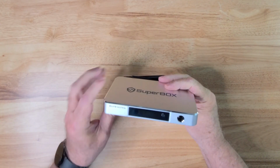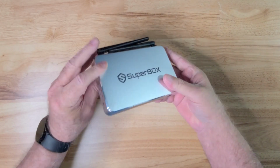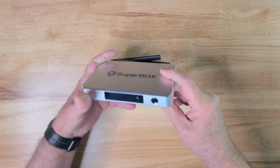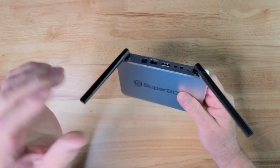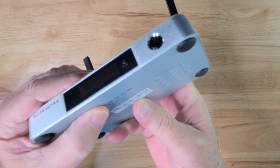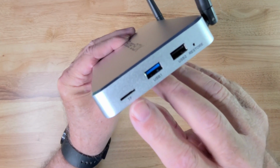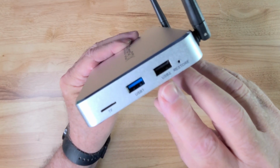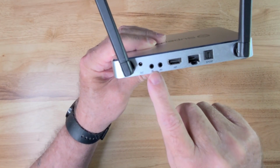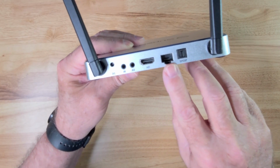It looks and feels like an aluminum case, and up front has a clock LED and a power button. The box does feel okay and has a lot of air holes to help with cooling, so that's nice. It comes with the same old non-removable antennas, so I guess you won't lose them. The bottom, however, felt loose and rattled, but did not affect anything due to the bigger rubber feet. For inputs, it has an SD card slot, a USB 3.0 and a 2.0 with a reset hole. And on the back there is a power input, IR and AV, with an HDMI, 1000-bit Ethernet, and an optical